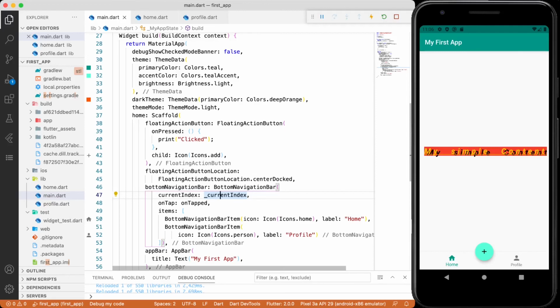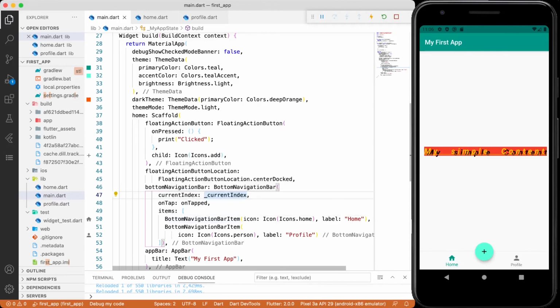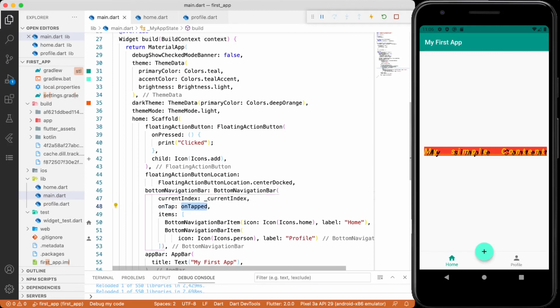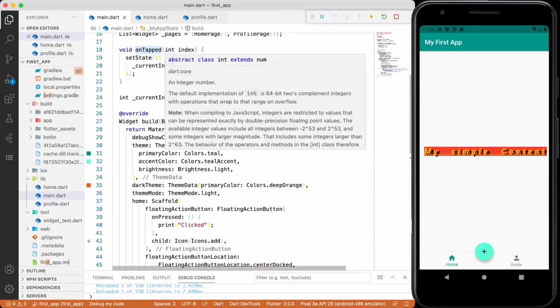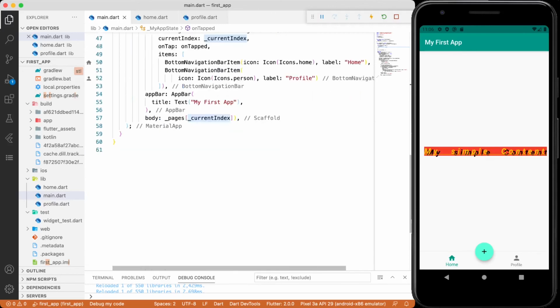This is the current index changing. If we missed out on this, the profile would not be highlighted. So we added the onTap method. In that I am getting the index and updating the current index, since it is a stateful widget, and whenever the current index gets updated, the pages will change. So this is the concept in the bottom navigation bar.